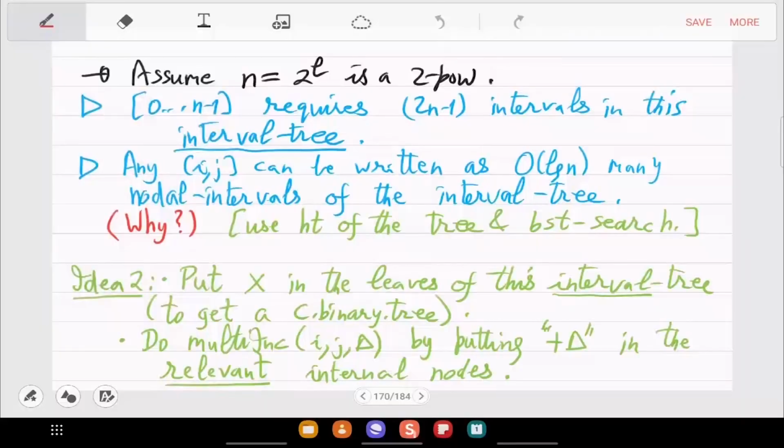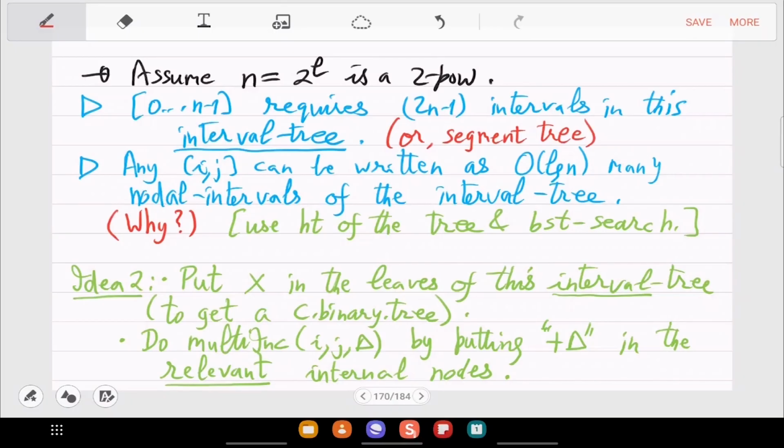This is called an interval tree, or in the literature it's also mainly called a segment tree. Okay, so we did this, the tree that stores the intervals. In the internal nodes we can augment them.